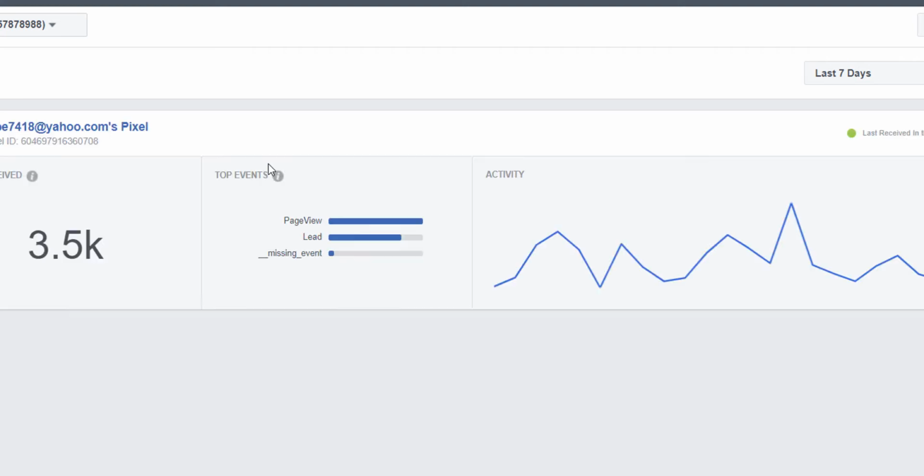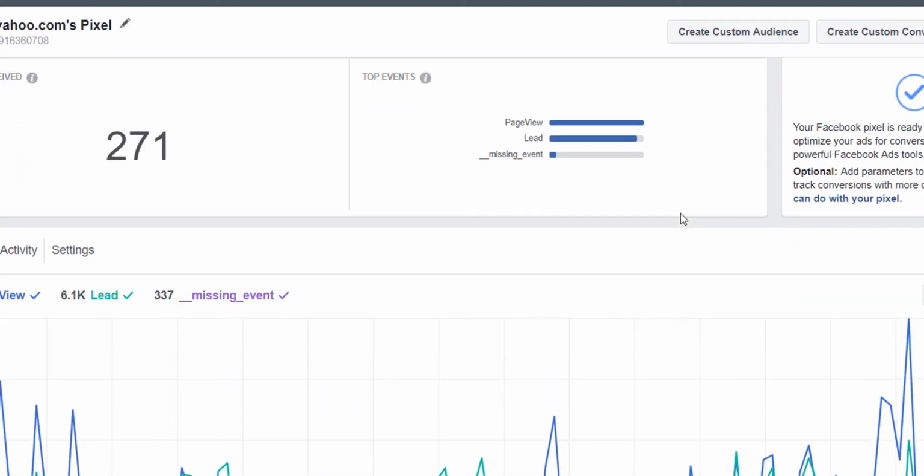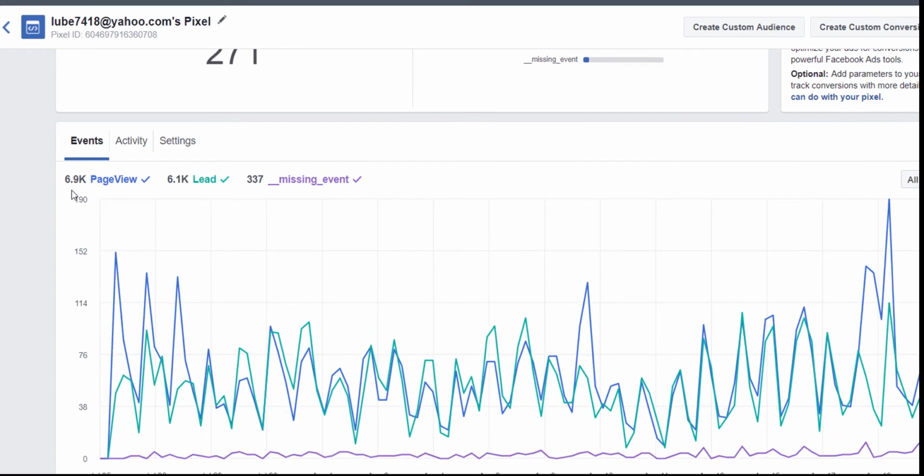What this is going to show us is the traffic to this pixel based on a few things. So I'm going to go to details, and it's going to show me the page view pixel